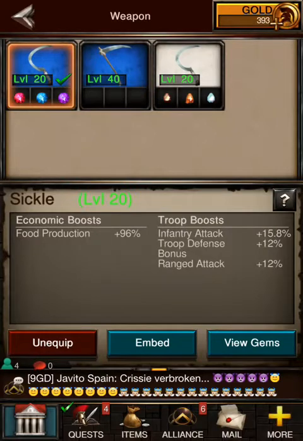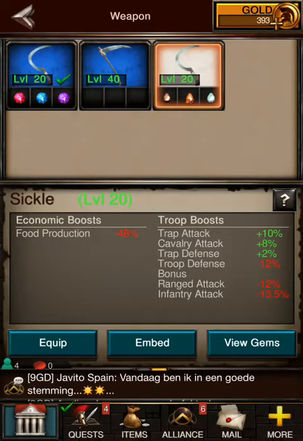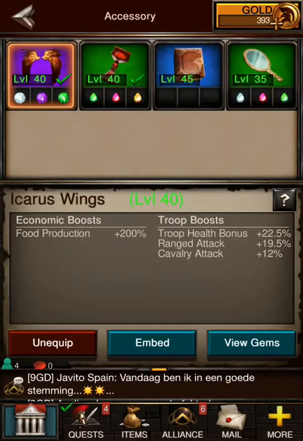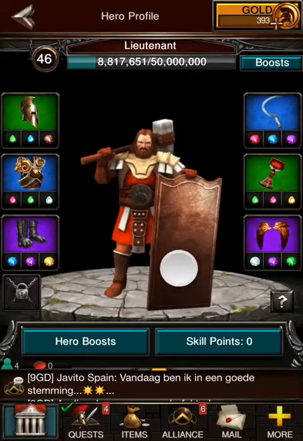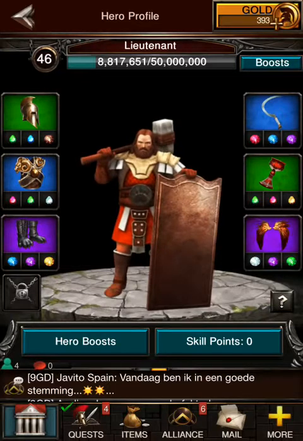So try to save your materials. Don't build level 2 items like I did. Just go for level 4, 5, 6. Maybe 4 is too low. Just go for the purple and the orange ones. Like my wings, they grant me 200% production on food. So just try and maximize this too, all your items with food related things,